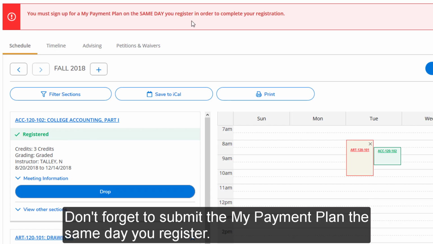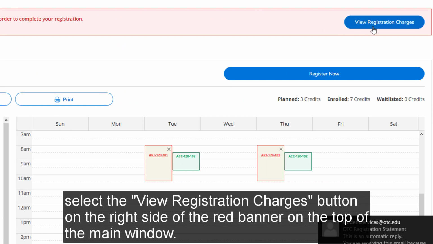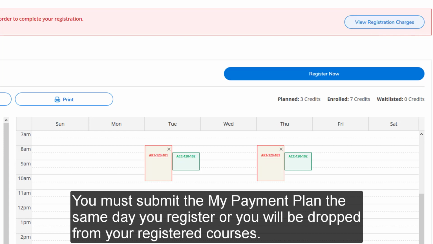Don't forget to submit the My Payment Plan the same day you register. If you'd like to view the My Payment Plan screen, select the View Registration Charges button on the right side of the red banner on the top of the main window. You must submit the My Payment Plan the same day you register